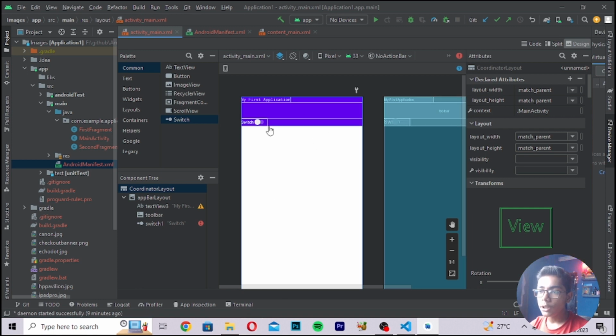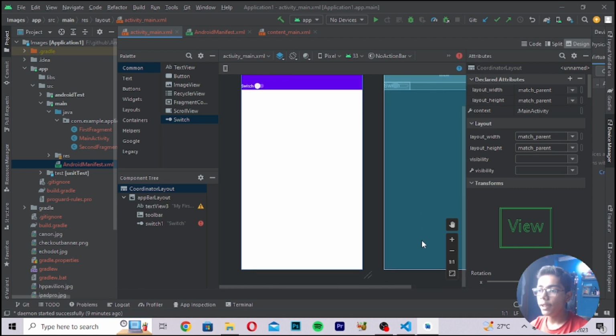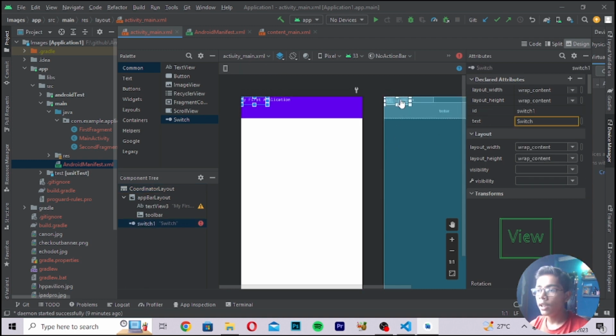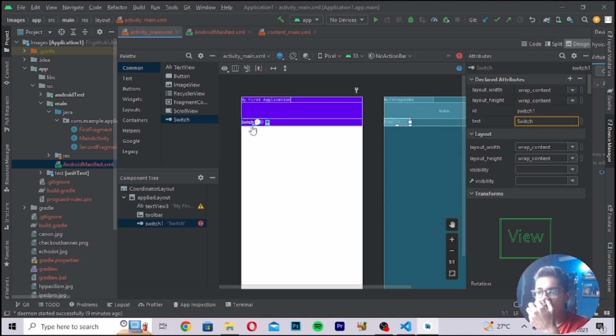Linear is the layout in which we are working, and the relative layout, which I'm telling you about, means this toolbar text which we are getting is basically a relative layout. We use relative layout to style some of the things. If you want to move it down, you can just use the relative layout here as well. And you can see when I'm doing anything in relative layout, it is moving in linear layout as well,